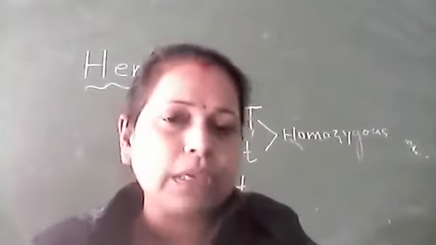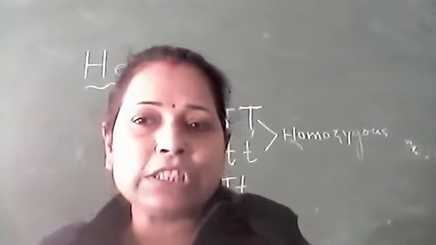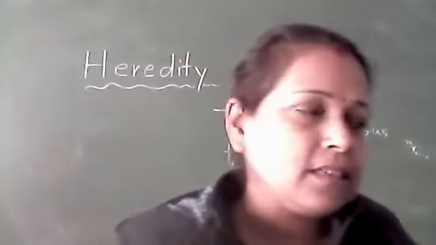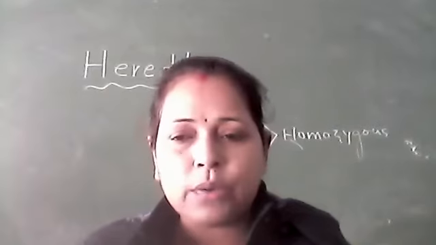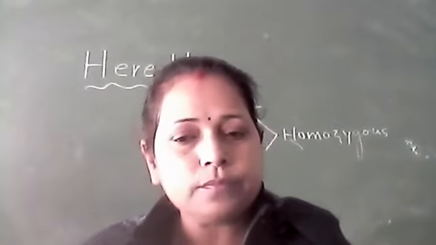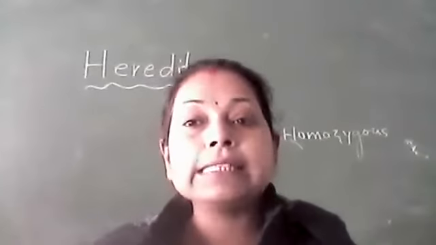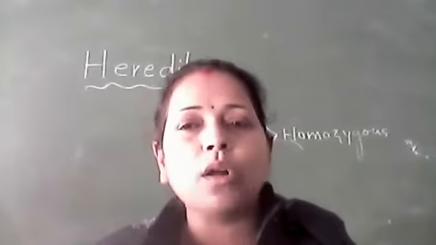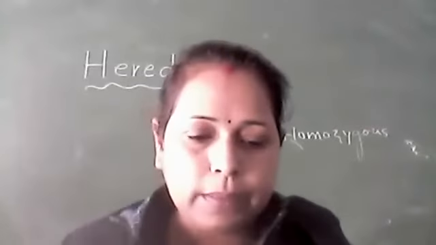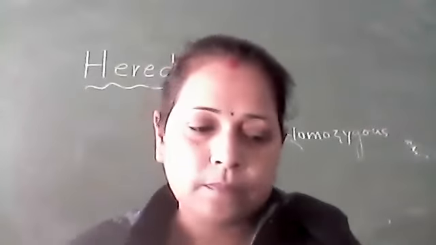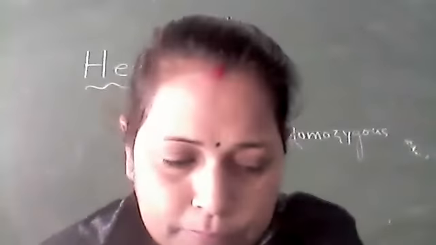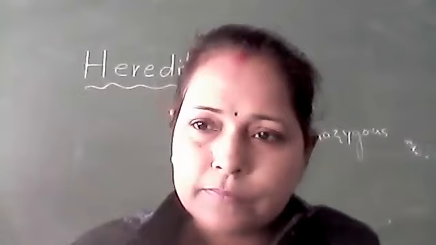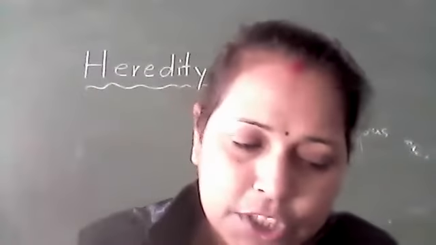The next terms I am asking about are phenotypic and genotypic ratio. What do you mean by phenotypic ratio and what do you mean by genotypic ratio? When we discuss Mendel's experiment, all these terms are needed. Anyone? Phenotype means the external visual appearance, and genotype refers to the genetic material passed between generations. And phenotypic ratio?